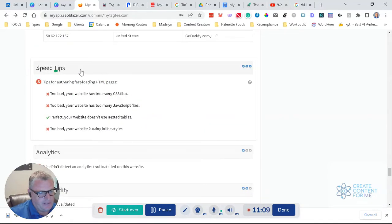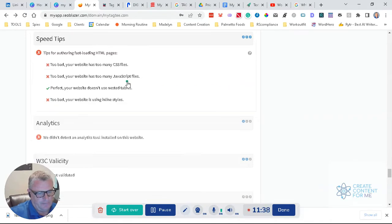Just talking about speed tips, obviously Google penalizes websites that are a little slower to read, and statistically, there have been studies done that if people have to wait a second more for a page to download, they could easily click away. So it has a real world example, but also Google will, and we're talking milliseconds here. These are just some back end things that can be improved